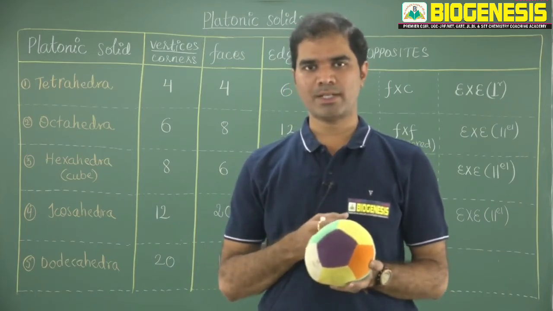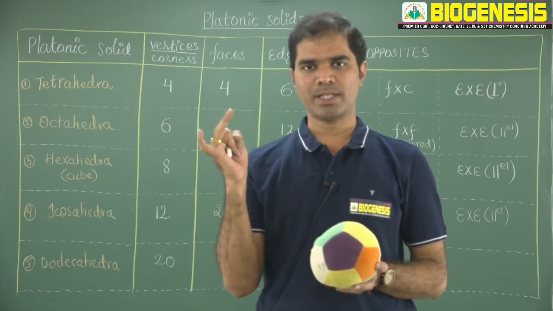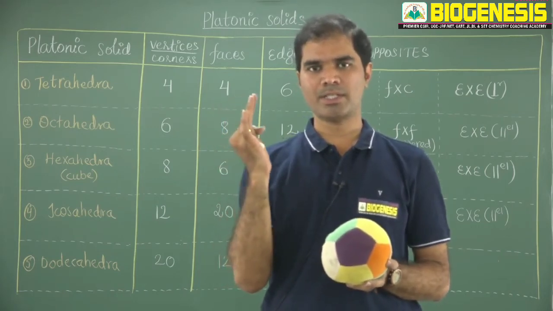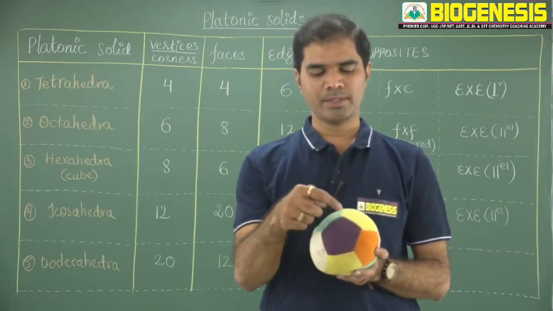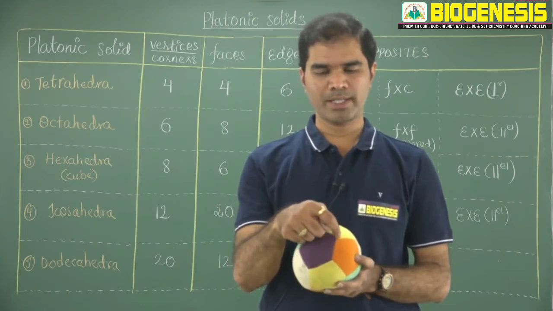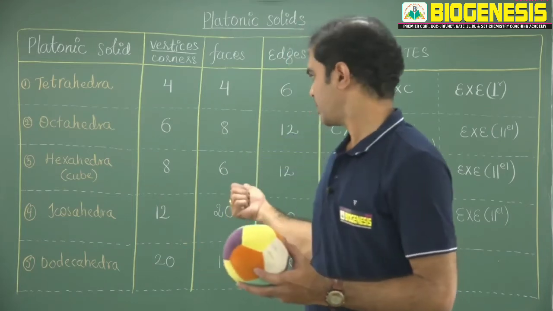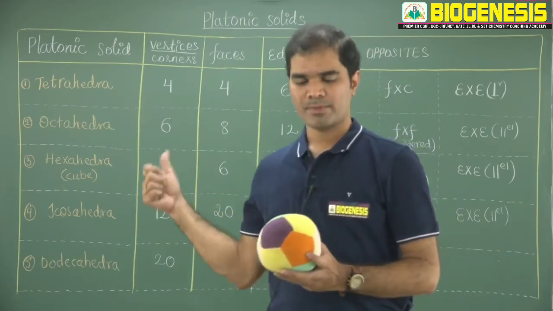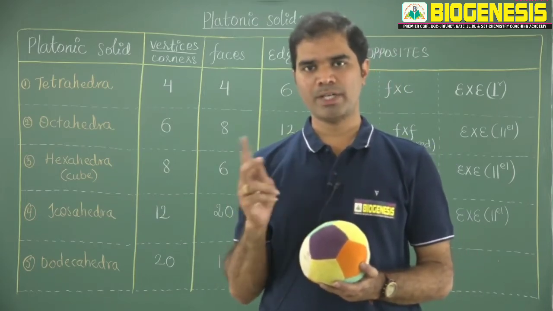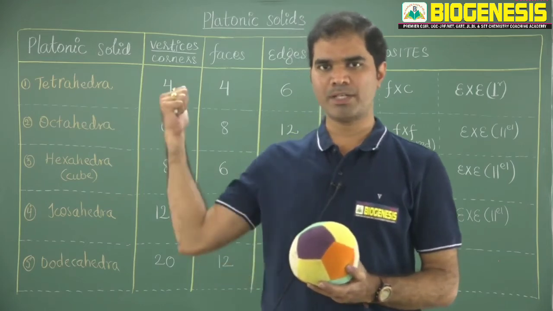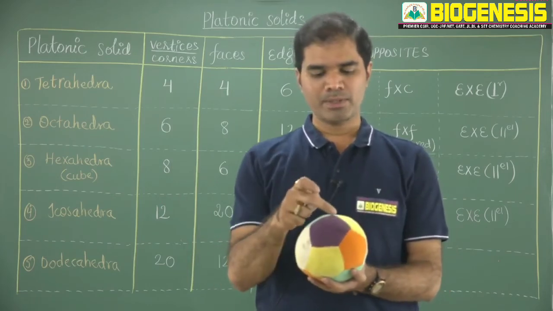So it is also not a deltahedra, just like a cube. Cube is also not a deltahedra. Tetrahedra, octahedra, icosahedra, these three are called deltahedra because they have triangular faces. Now for a dodecahedra, each of these is counted as a vertex. If you go on counting them, altogether you will get 20 vertices. Because dodec means 12, 12 has to be faces. When 12 are faces, 20 has to be vertices, because it is a conjugate to icosahedra, and vertices and faces have to shuffle. So you can just count them.